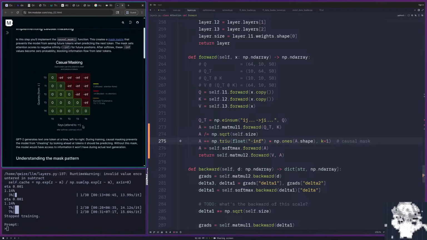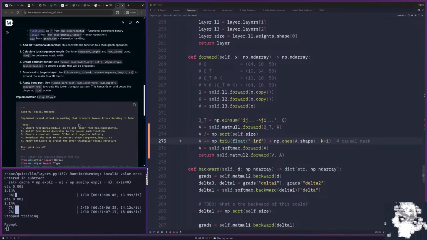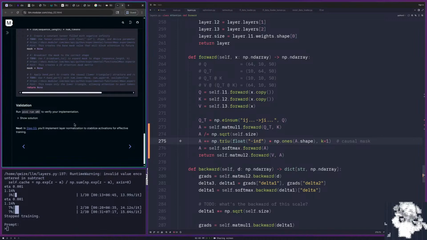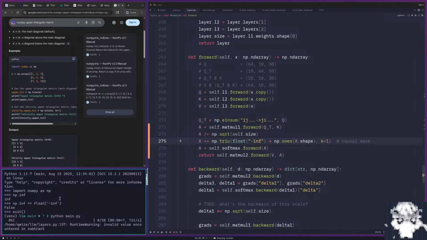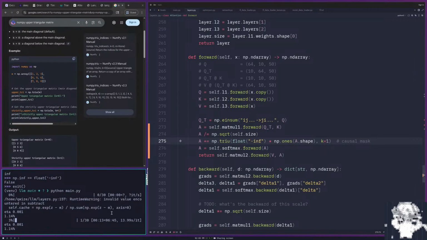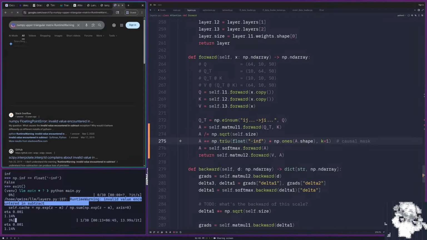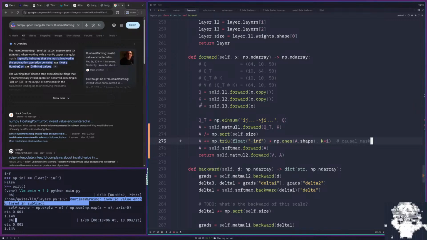Yeah, this is what we're doing. Okay, I'm confused. I want the infinities, but